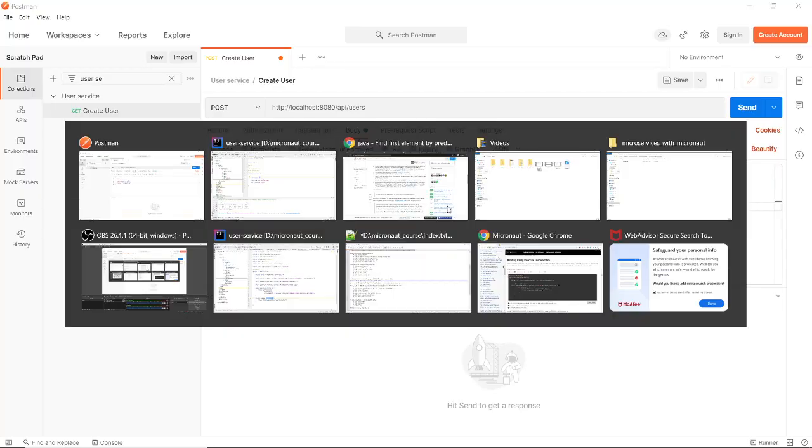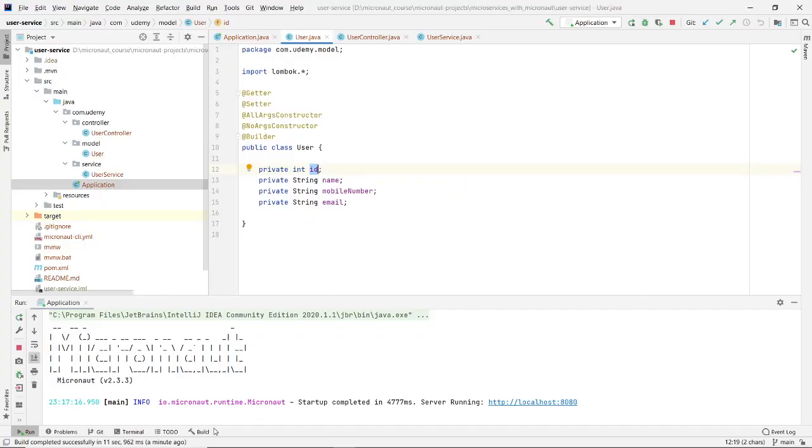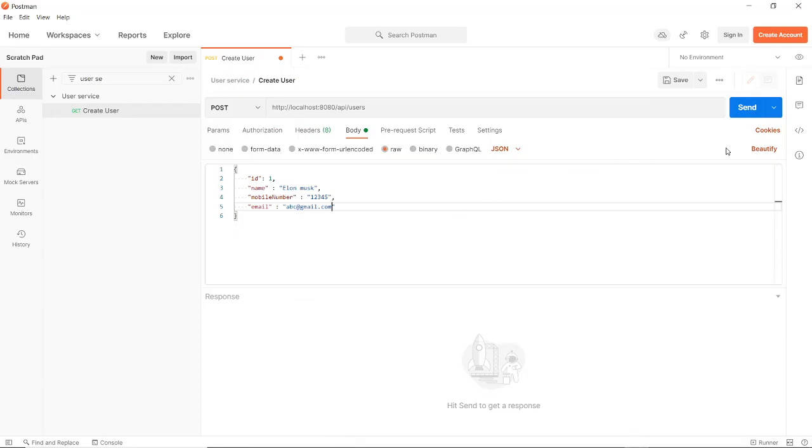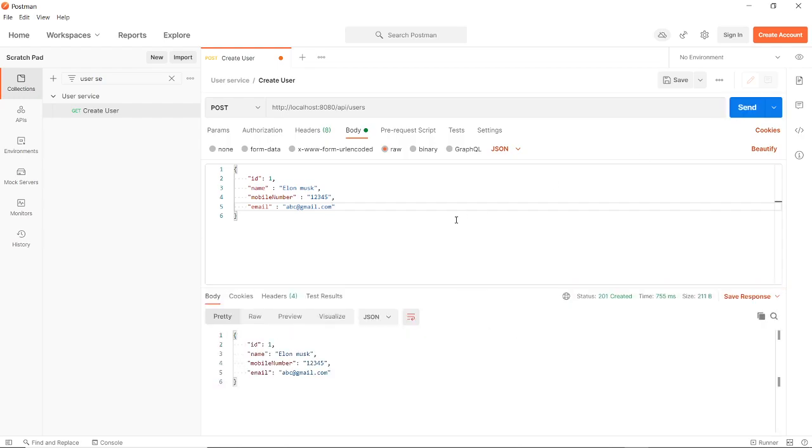If so far so good, we will send this request, and as you can see, we got the status code as 201, which means the resource is created on the server side, and whatever we return as the response, that was the created user object that we got in our response body.